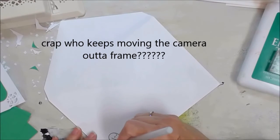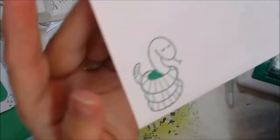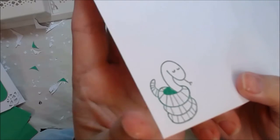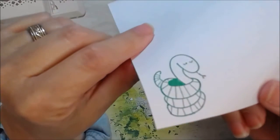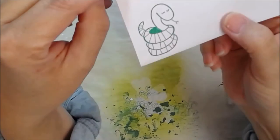I know you can't see it. So anyway, I'm going over it with a Stardust glitter ink pen. Oh man, that's one of my favorites. It's clear, and I try so hard to show you, and I don't know if you can see it, but I like it. It's one of my favorite pens and inker pens. Okay, so now we're almost into the photo